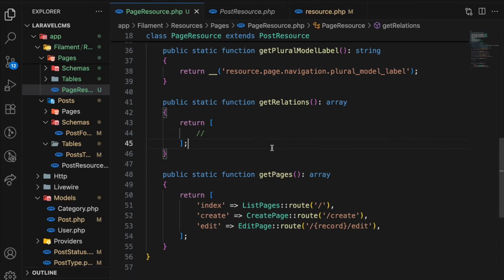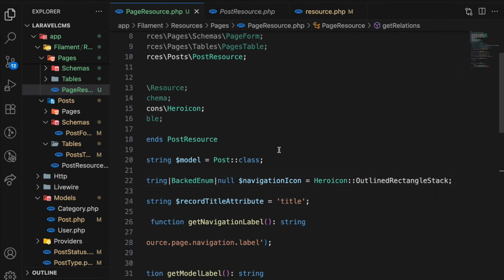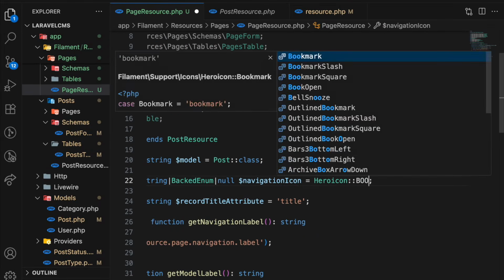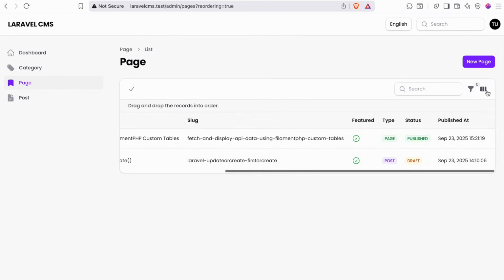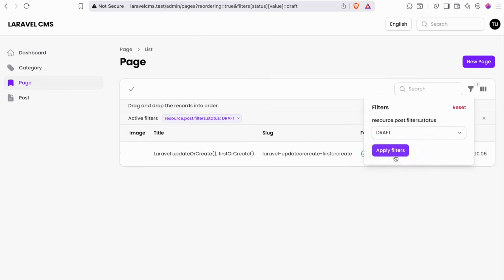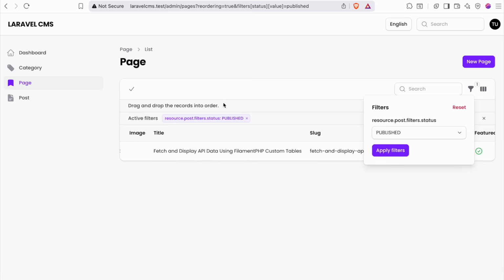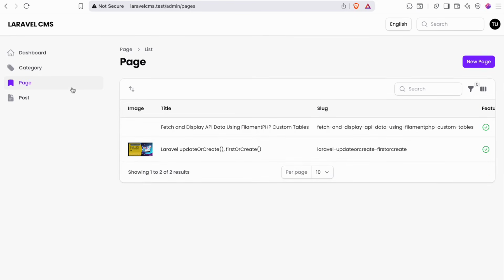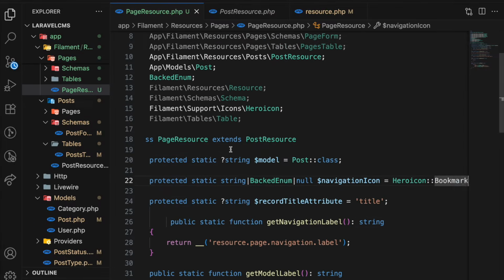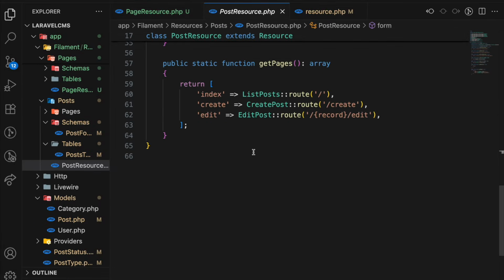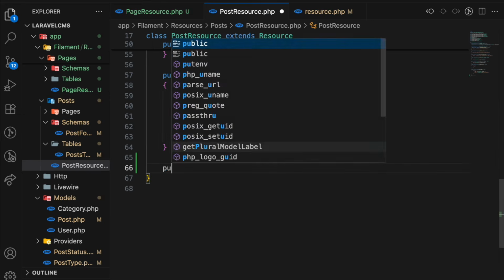Now there is nothing, we don't want to change anything. Let's change it to maybe a bookmark icon. Okay, it's perfect. So you can see in my page I have all the functionality, the same filter. Now I don't need to do any work for that, right? So now I think the only thing that is missing on our side is how we can change the data, now, the resource. So if I go to post resource, we already have one method,